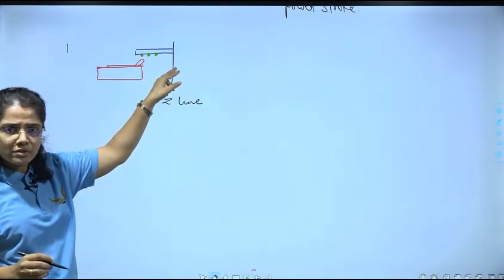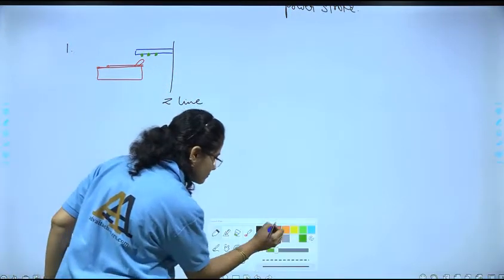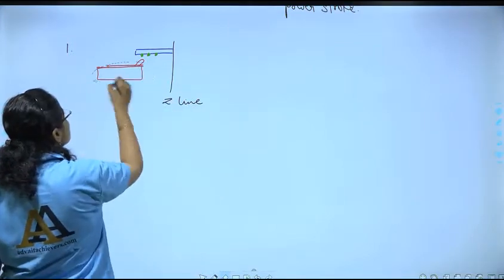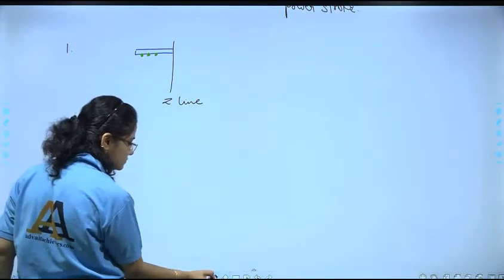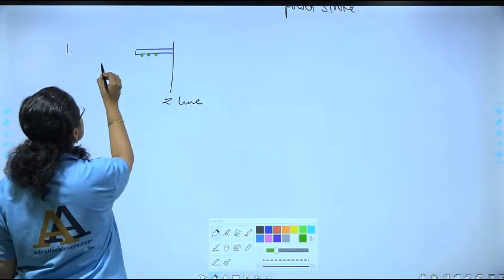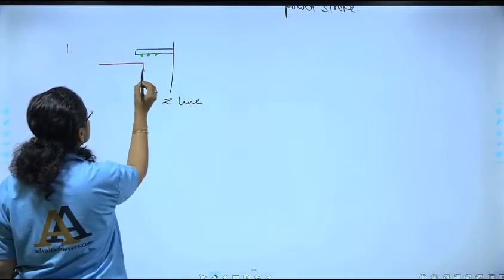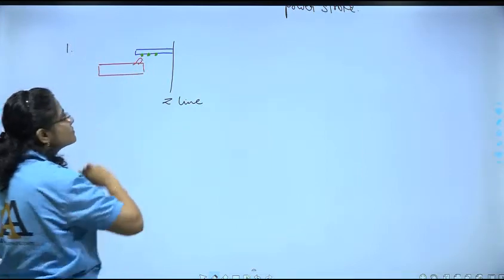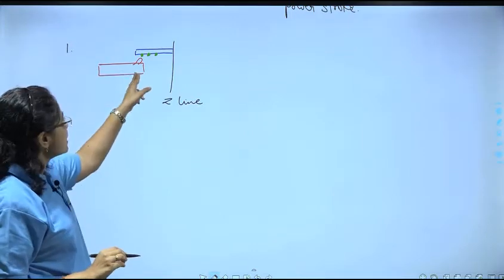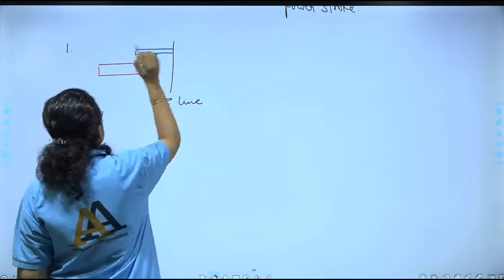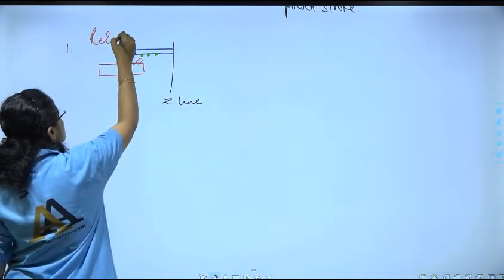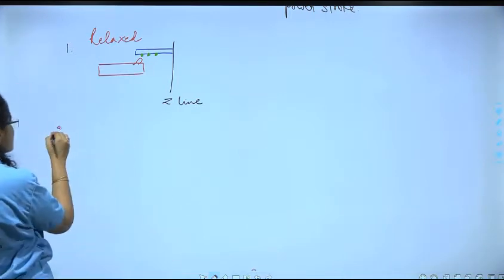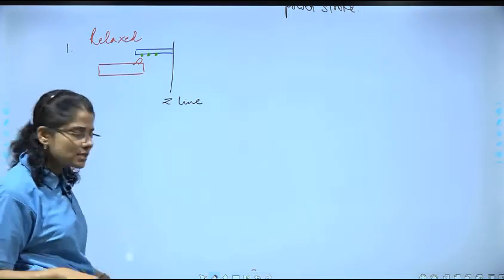So now what happens? Bridge formation has not taken place. This is what I mean actually. Just a minute, I need to draw this properly. Okay, so this state we can call a relaxed state. This is when the muscle is relaxed, yet the stimulus has not been received. Now say in the second stage, what happens when the stimulus is received?